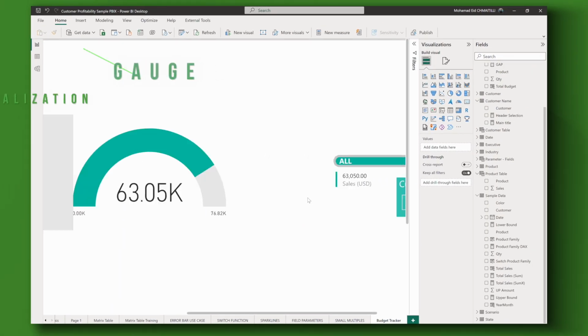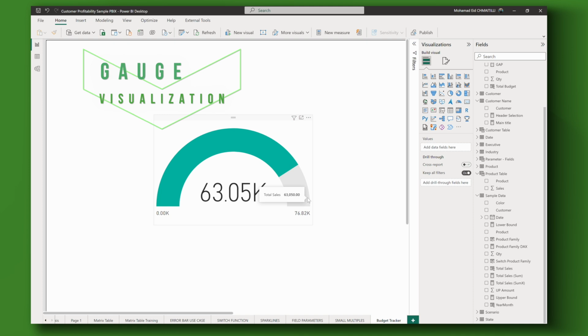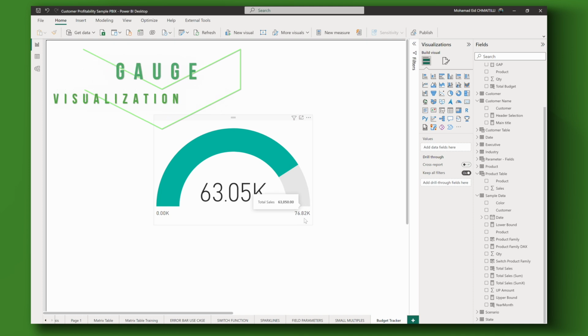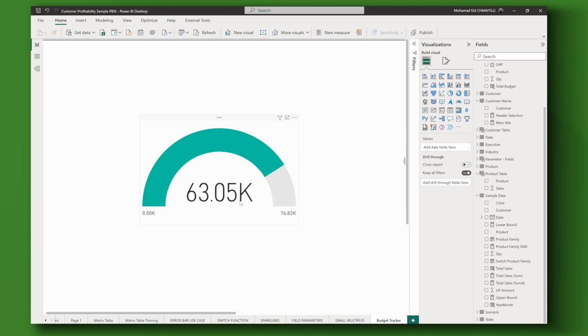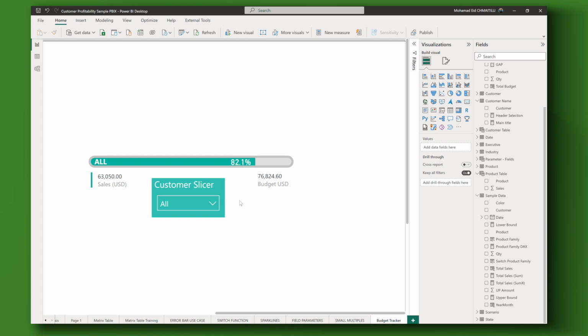If you want to track a budget, you use any of those gauge visualizations. So basically, you can go and make this one. And if you have the data, you have your budget, and then you can track it and see where you are and how far you are from budget. But what if I tell you you can have built in Power BI a visualization that is, to me at least, I think much more intuitive and makes more sense, and you can have it like this.